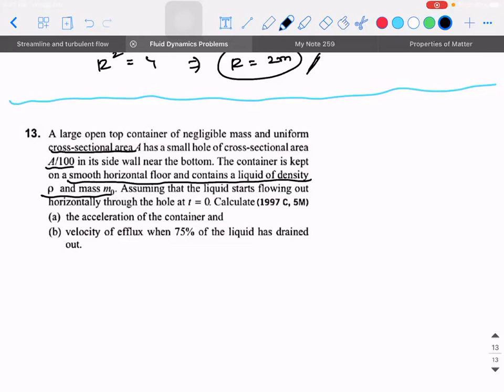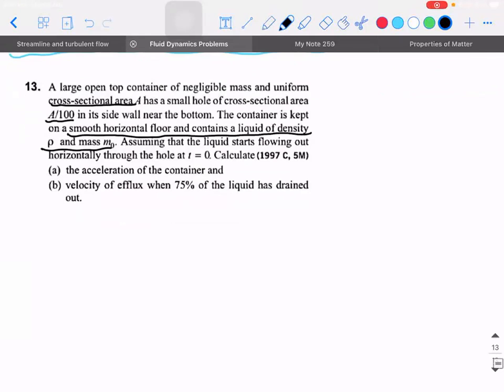Let's first think of why the container is actually supposed to accelerate. There's a good problem actually. Can you guys tell me how to proceed? So first collect all the data. Tell me what is missing. We need to find V, sir. Velocity with which it comes out. Velocity with which the water is coming out.